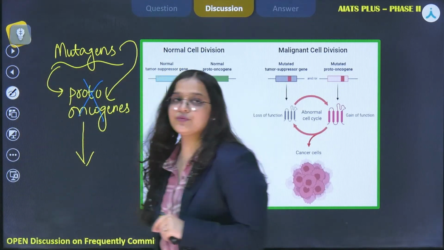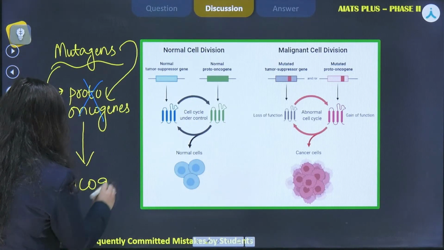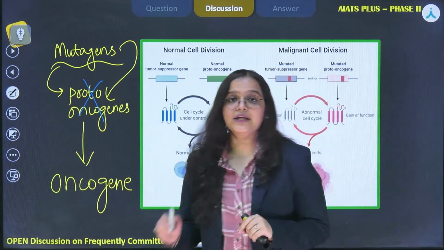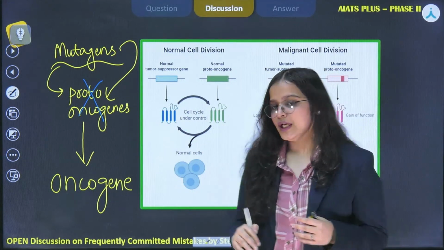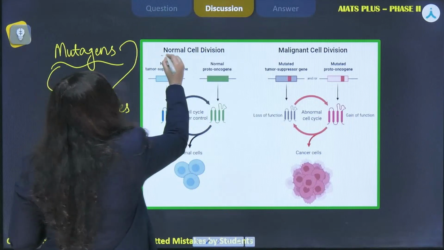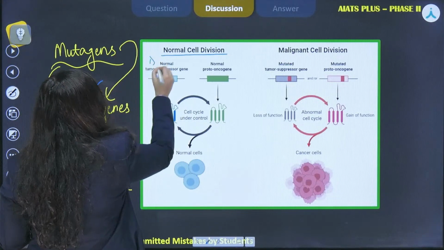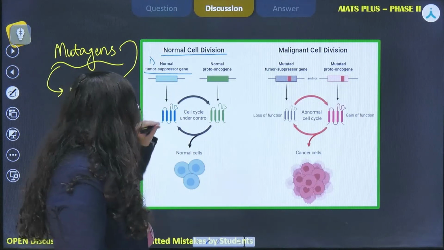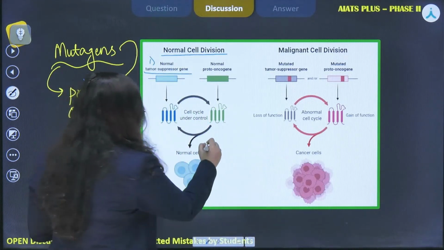So this proto-oncogene which was present in a normal cell gets converted into an oncogene, and thus this oncogene further leads to the neoplastic transformation that we see that gives rise to tumors. Like in the figure, we can see that our first figure represents a normal cell division. In the normal cell division we have a tumor suppressor gene. The name is very much obvious in itself that this gene is working towards suppressing tumor formation, and one of the examples of tumor suppressor gene is